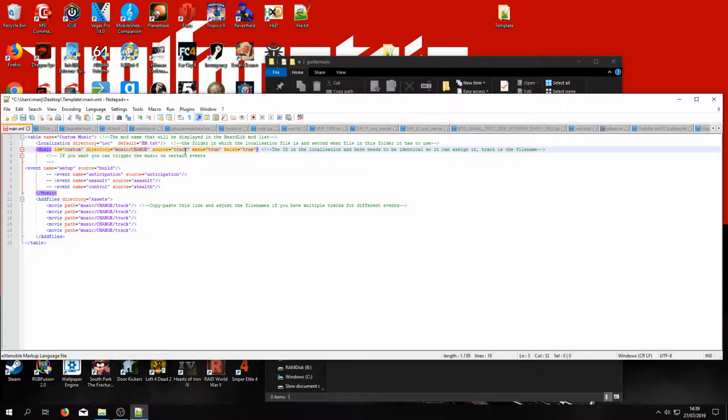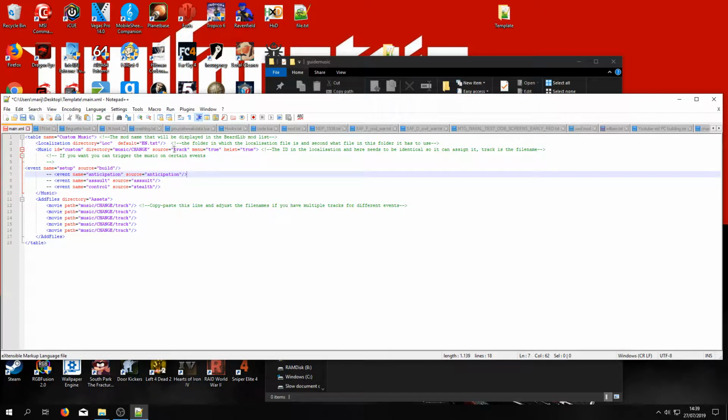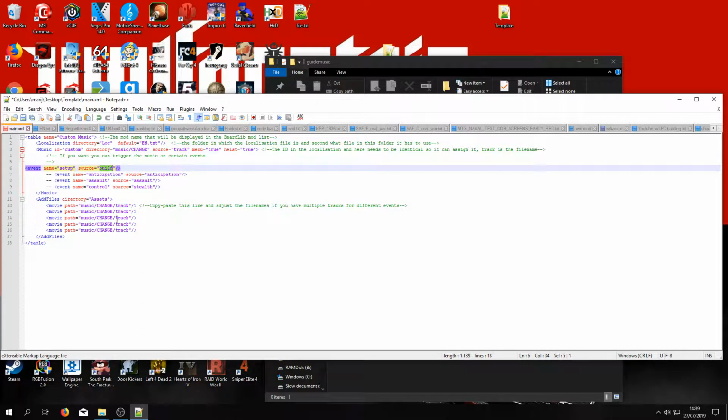This is asking for a menu track, so whatever you enter here is the name of the file that's going to be read here as the menu track. And then what we do is we say, well, we have these names. So what you do is you just copy paste whatever names you chose here and you add them under assets. I'm not going to do it for all of them. We also change this to our guide folder, and we'll also repeat it in this part, which I'm also not going to show.